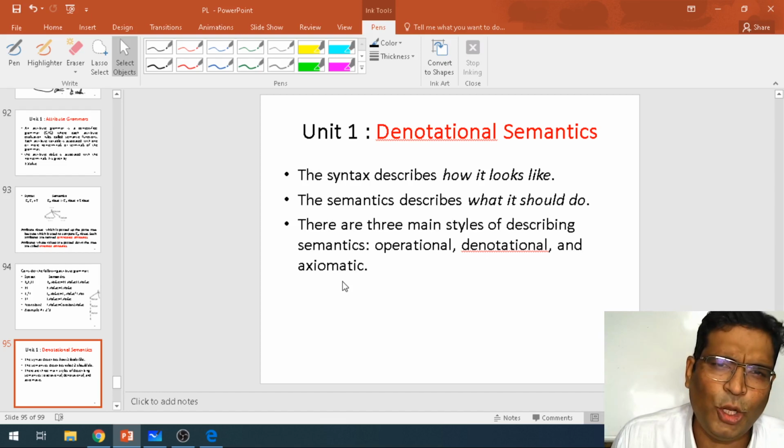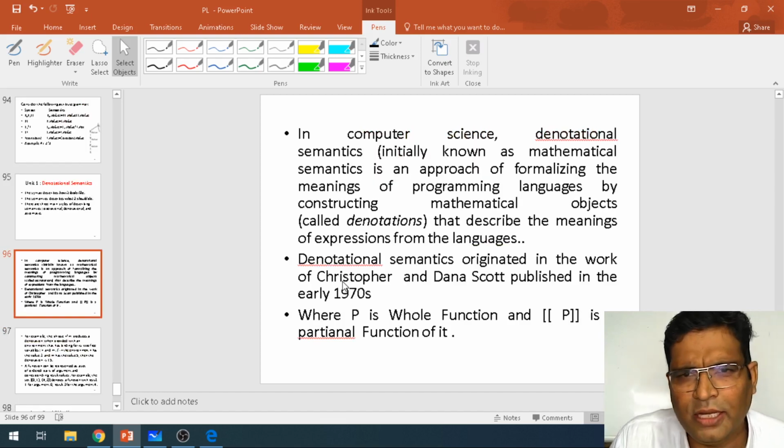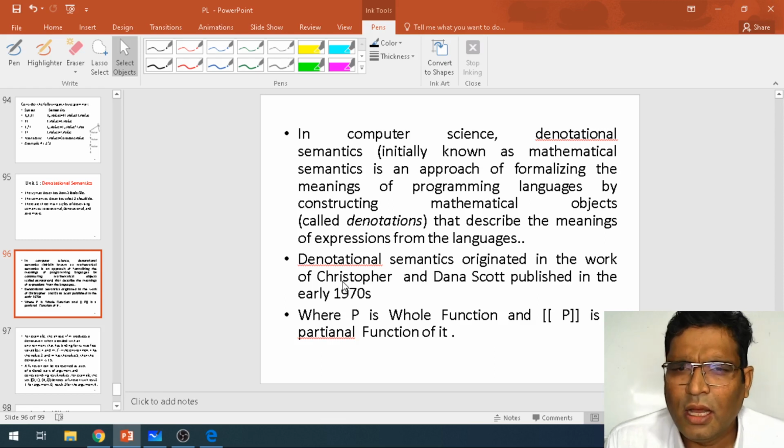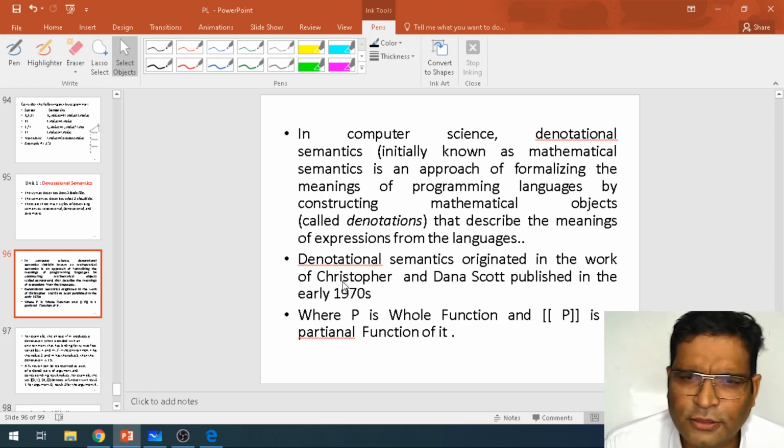Now we are seeing what the other one means. In computer science, denotational semantics is a mathematical expression which gives the intermediate values of a program. It was discovered around 1970, published by Christopher Strachey and Dana Scott.